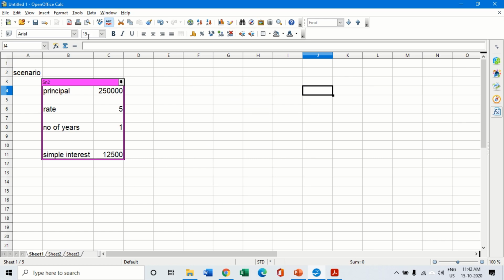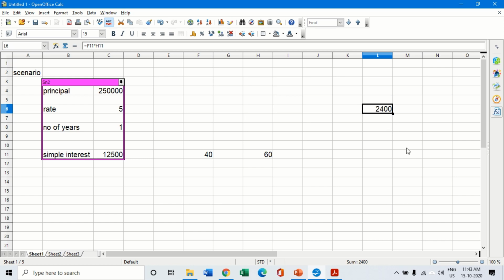Now the next thing which we are going to learn is how to trace precedents and dependents. Now this is a new concept. Suppose I have two values. Let's take 40 and let's take 60, and somewhere in a different place I am using these two values to create a formula. So I'll write equal to 40 times 60. Now this particular place is the place where the formula is.